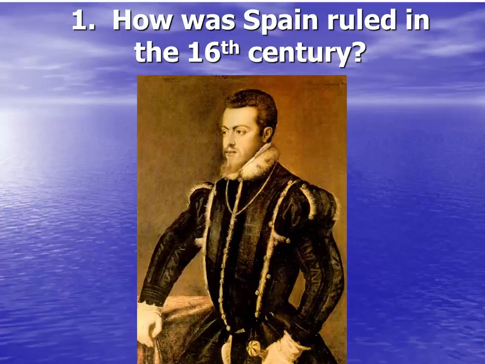So we already know that Philip II was a major figure in Europe. He controlled the Western Habsburg Empire that he inherited from his father, Charles V. And remember that the Eastern Habsburg lands were given to Philip's uncle, who becomes Emperor Ferdinand I. Now, Philip, because of the New World and the colonies in the Americas, was getting a steady supply of gold and silver from the mines in Peru, Bolivia, and Mexico.